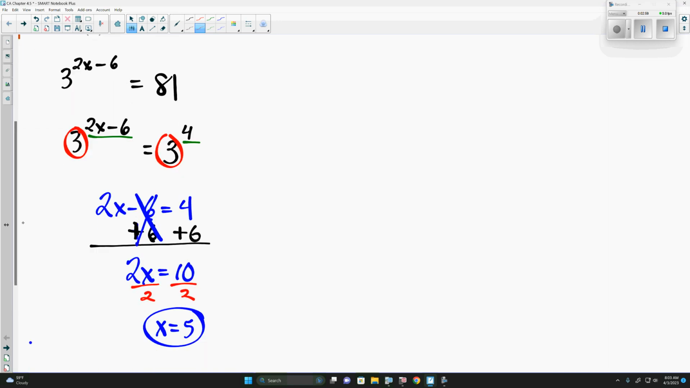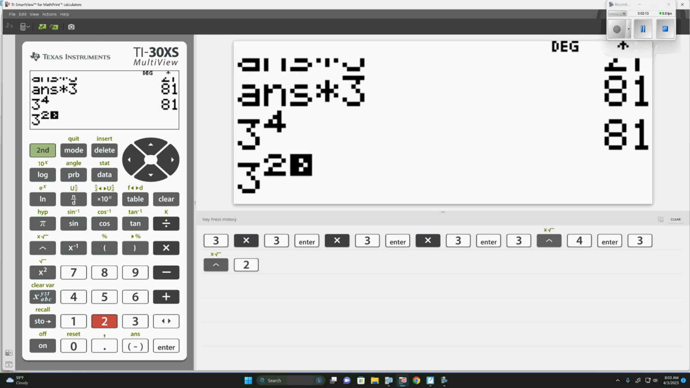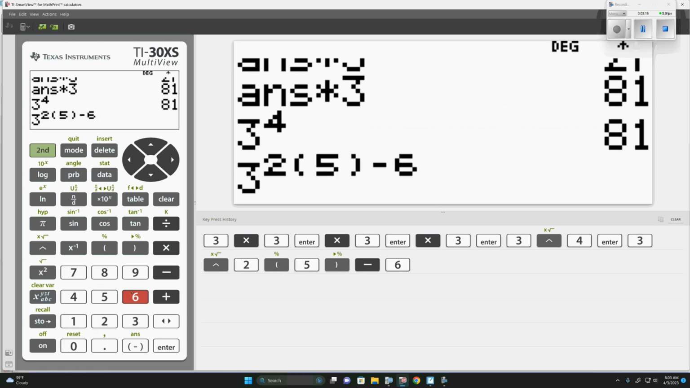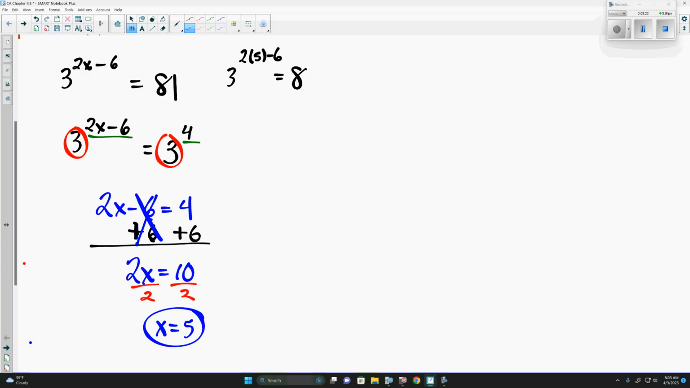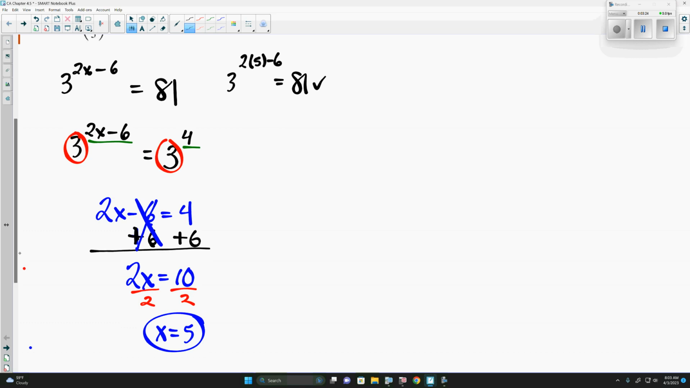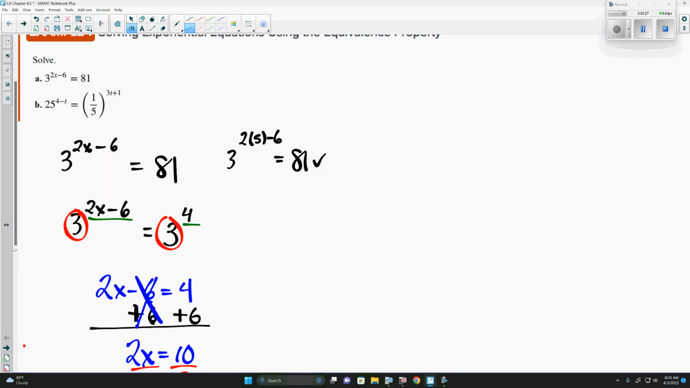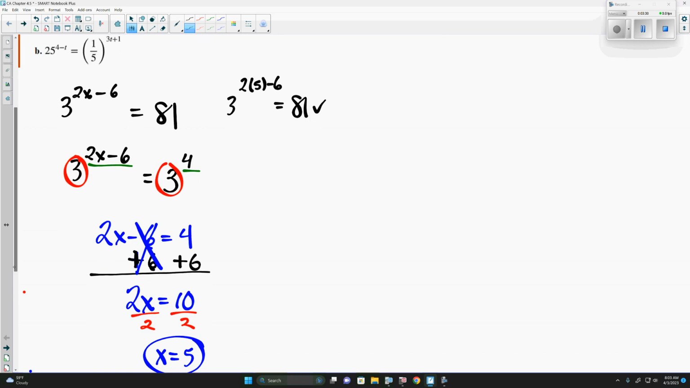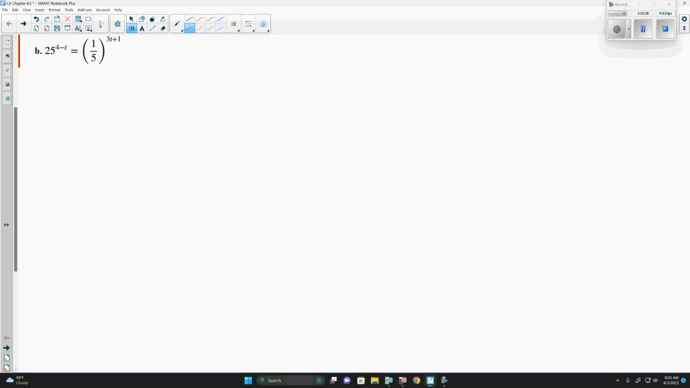And at this point here, if we want to check and make sure that this does work out, we can plug the 5 back in and say 3 to the 2 times 5 minus 6 is indeed 81. So it does work out. It is true. Any questions on any of this here so far? Now we can go on and look at problem B,